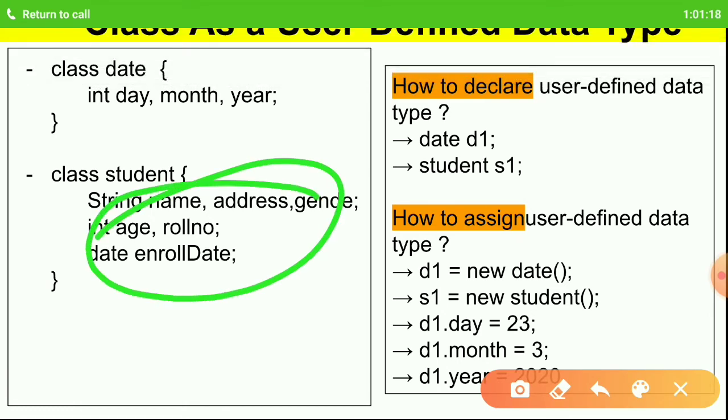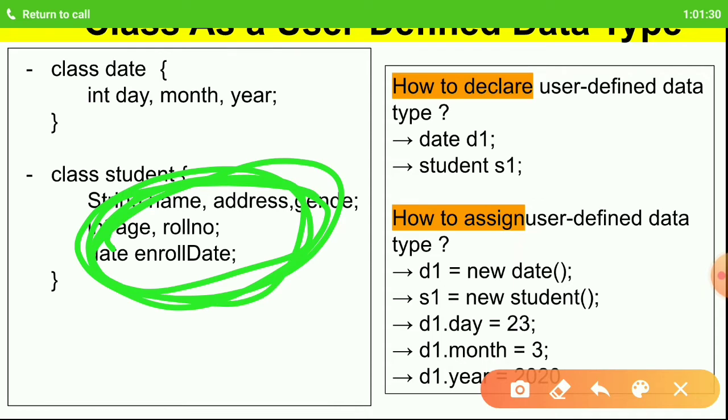The primitive type of data represents only a single type of data, whereas a user defined data type represents many different types of data. It's a combination of many different types of data. That is why it is known as a composite type.